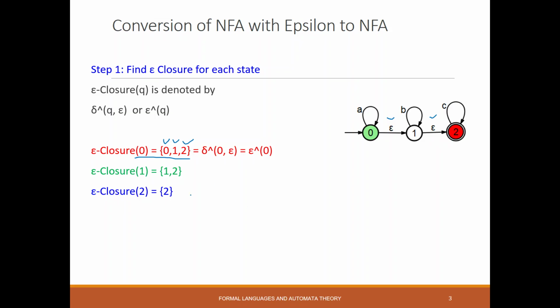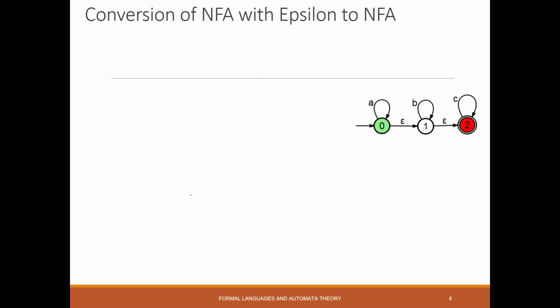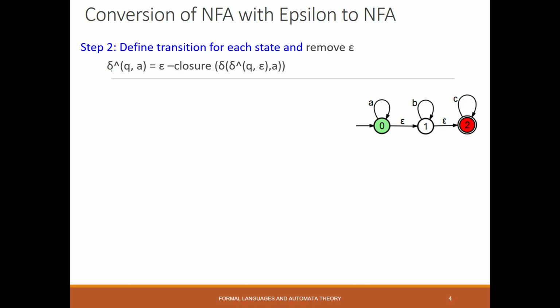This is the first step. Now the second step is we need to remove epsilon. So we are going to use this formula: delta cap of q comma a is equal to epsilon closure of delta cap of q comma epsilon comma a. The meaning of this line is,